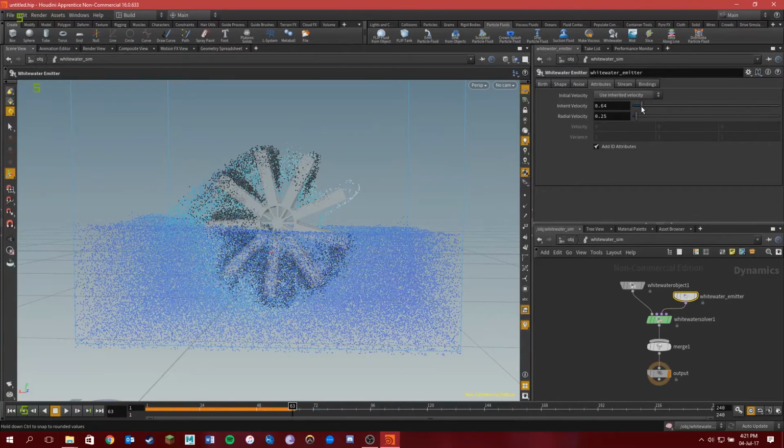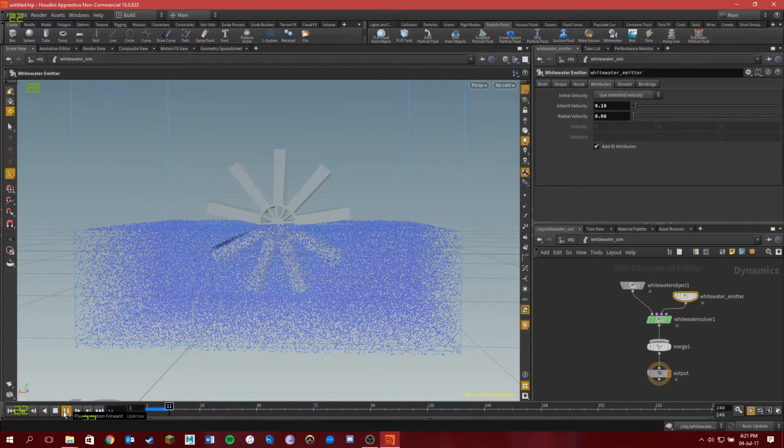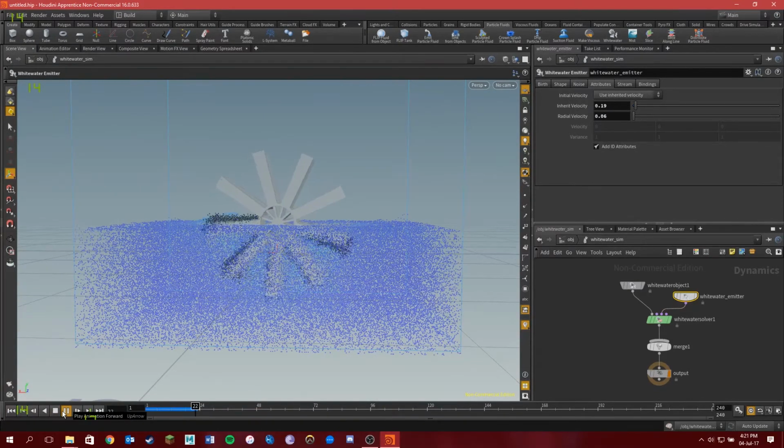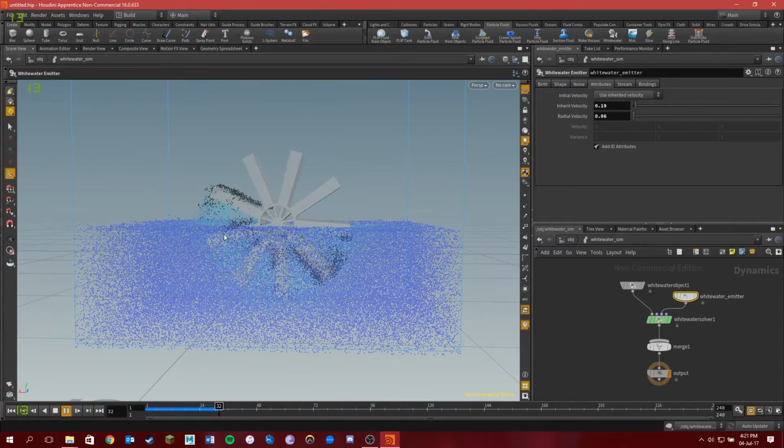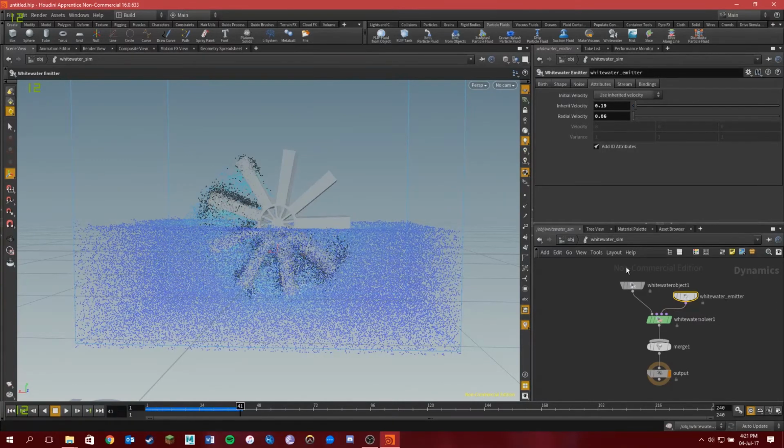So if you bring that down, say 0.2 and radial velocity to let's say 0.06, it's going to inherit a lot less velocity. And you won't notice too much difference with the foam and the bubbles, but what it does affect most, I find,